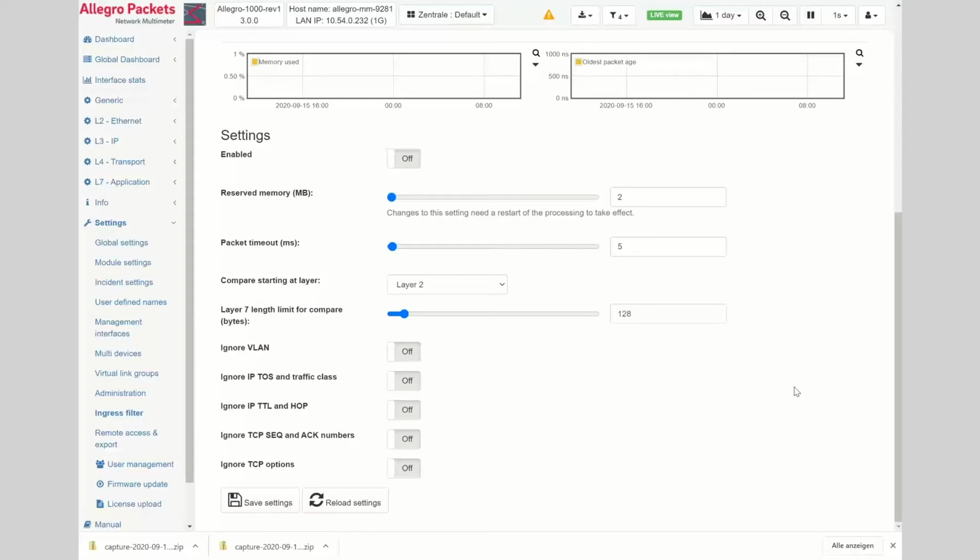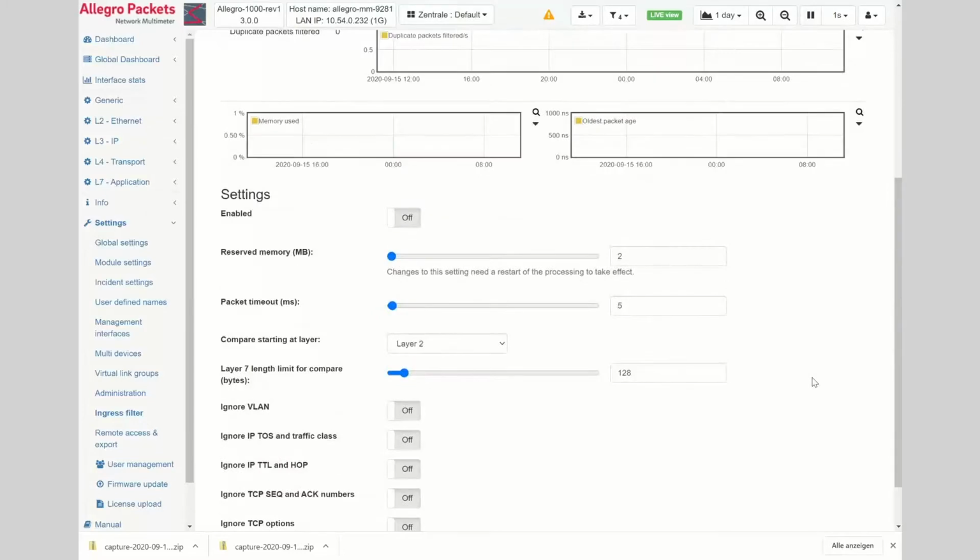You can go via our support, support@allegro-packets.com. I also get these tickets from the support system and handle all the feature requests there.